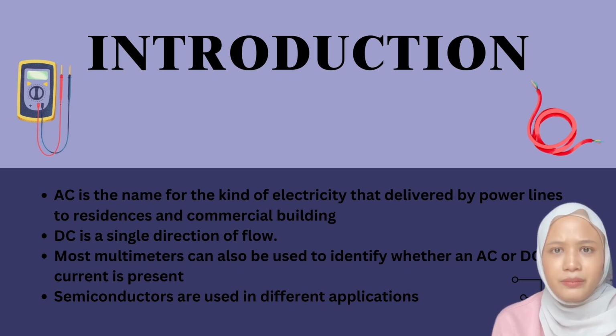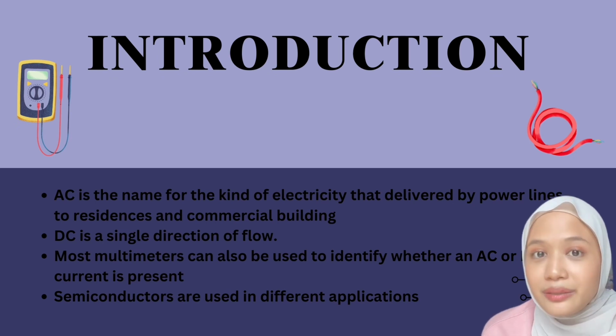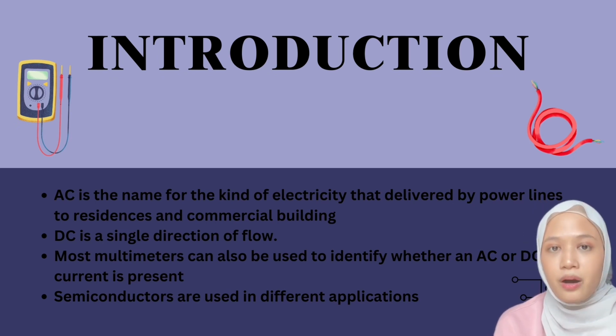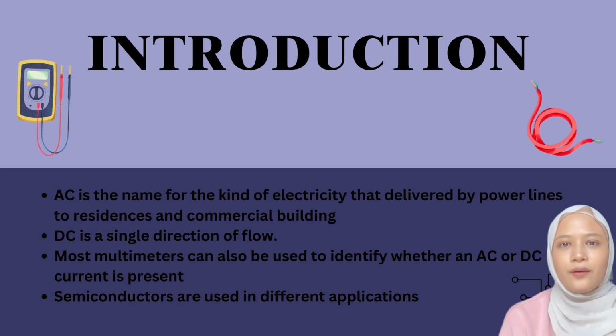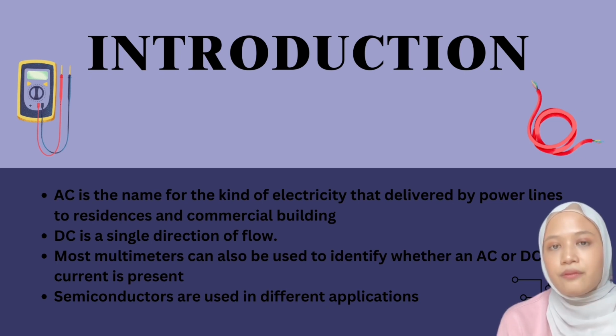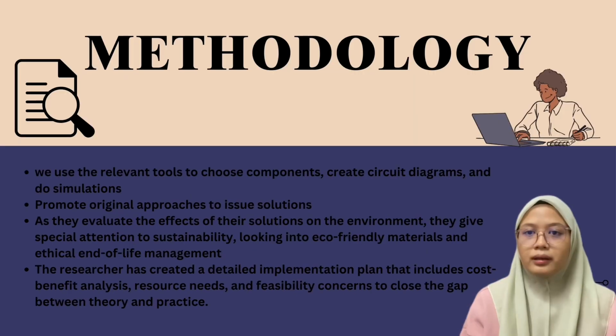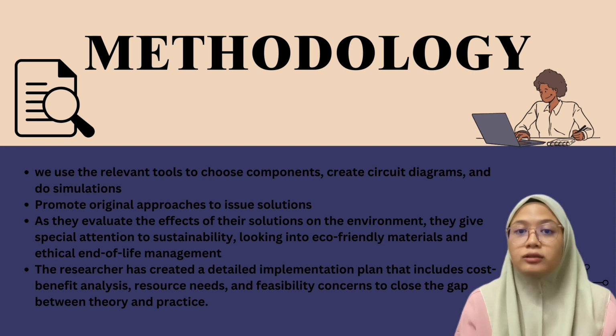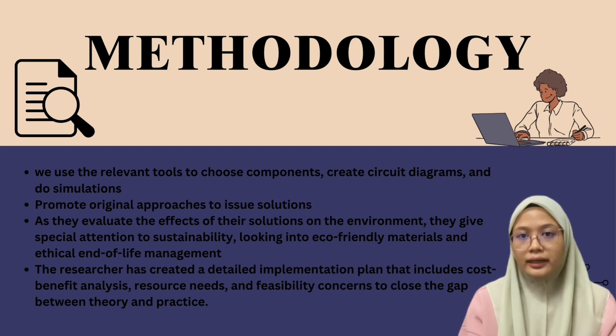In addition, semiconductors are used in different applications, combining the advantages of silicon and germanium, or silicon-germanium. Silicon-germanium has proven to perform better than conventional silicon, while remaining compatible with current production techniques, used in fast-moving parts and radio frequency circuits. For methodology, we use the relevant tools to choose components, create a circuit diagram, and do